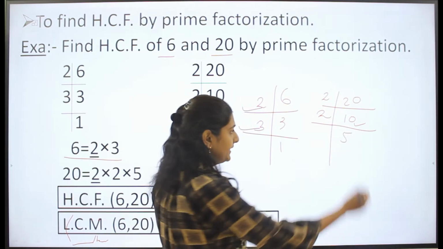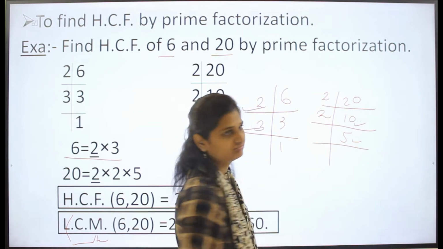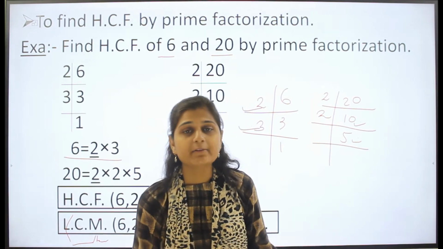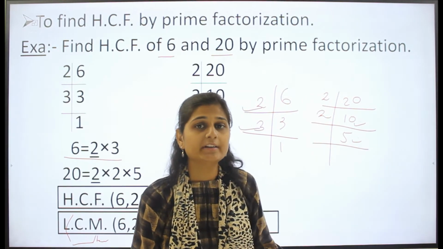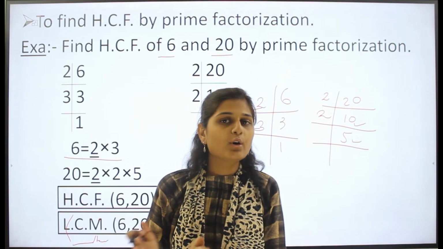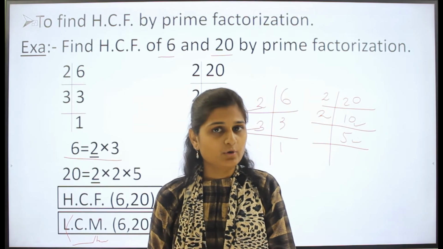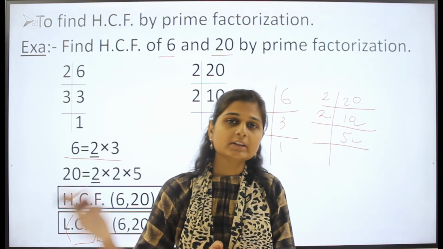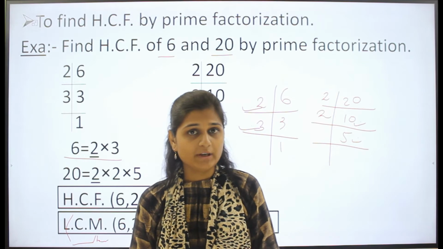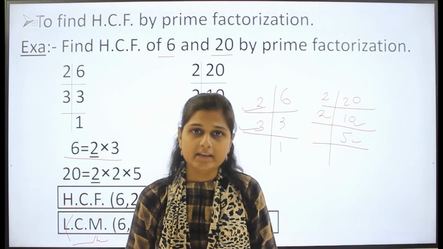Now can you divide 5 by 2 again? No, we cannot divide 5 by 2; it is not in the table of 2. So you have to go to 3, which is also not possible. 4 is also not possible. Then we go to 5. Can you divide 5 by 5? Yes, we can.